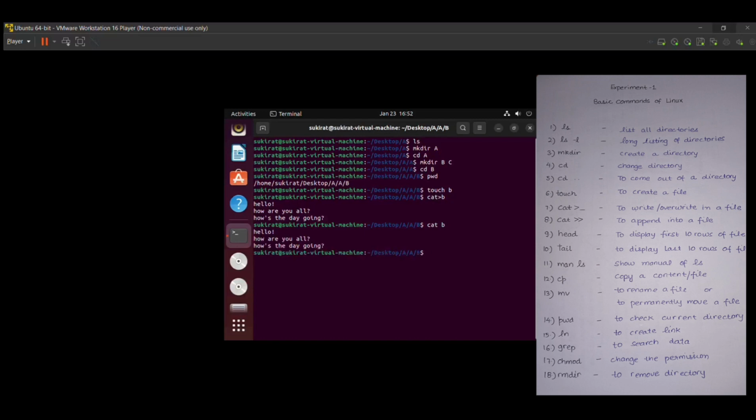Now afterwards, if I need to add more lines into this file but I don't want to overwrite it, then I use cat with the greater than symbol two times and then b. Again pressing enter. It's going to give me a moving cursor, and here I need to type my text again. For example, today is a nice day. Then write as many lines as you can, because I need to show you one more thing. Then what you did